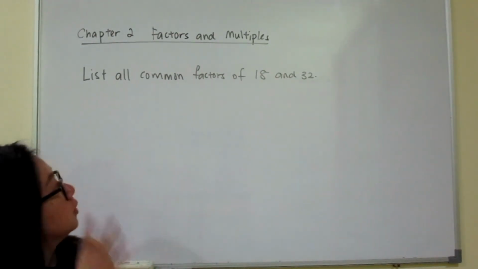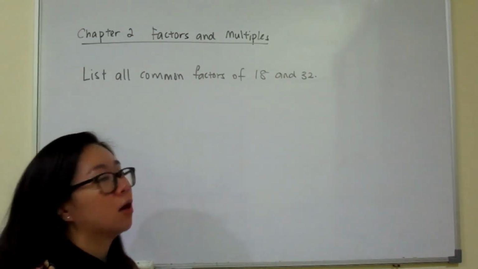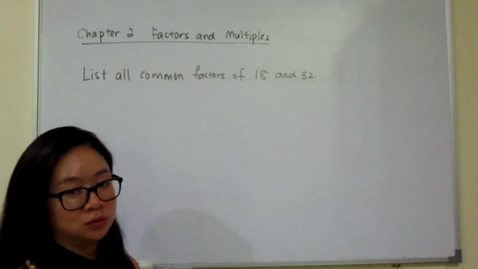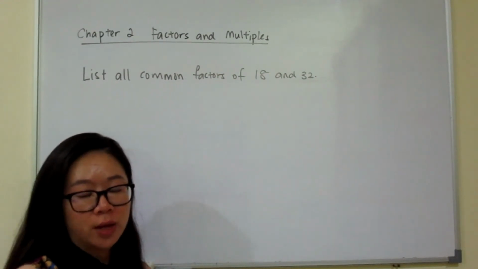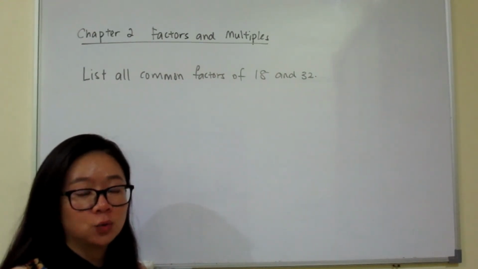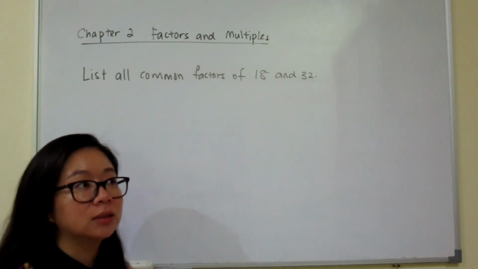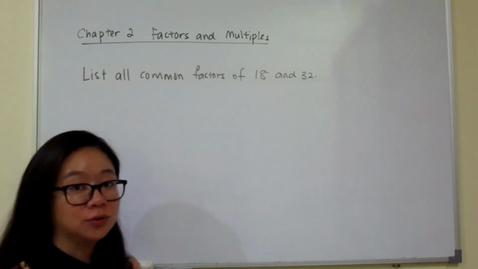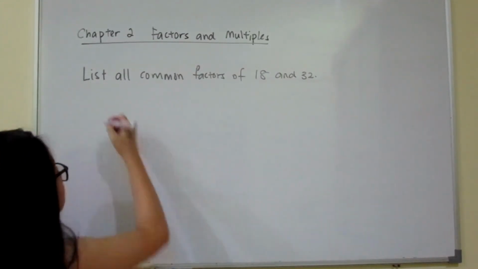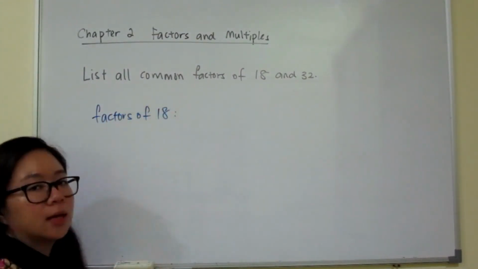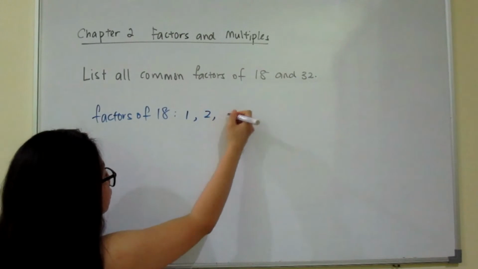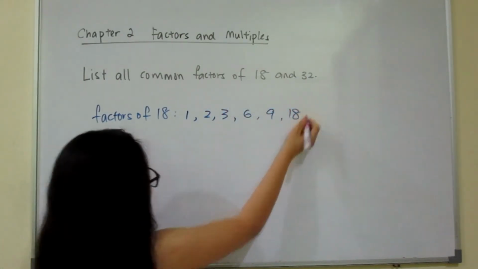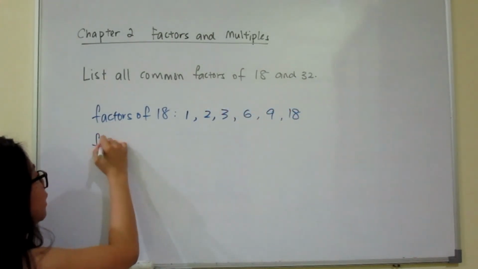List all common factors of 18 and 32. For this one, we just need to list out all the factors for 18 and all the factors for 32, and then find the common ones, that is the factors that are shared between 18 and 32. Let's start. Just now we've done this one: the factors of 18 were 1, 2, 3, 6, 9, and 18. And then the factors of